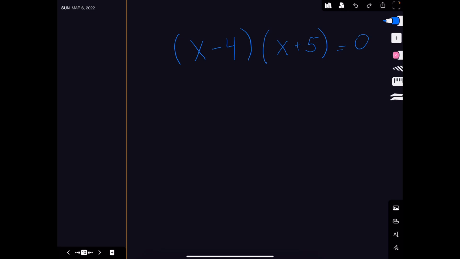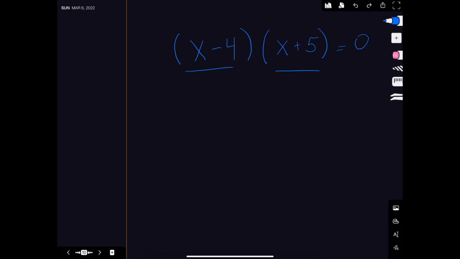Today we'll be covering how to solve quadratic equations using factoring. Now, sometimes you'll be given an equation such as this one, already in factored mode. And what we mean by factored mode is that you have these two expressions multiplied by one another, x plus or minus something times x plus or minus something. And in this situation, you're going to be asked to solve for x, or the values of x that satisfy